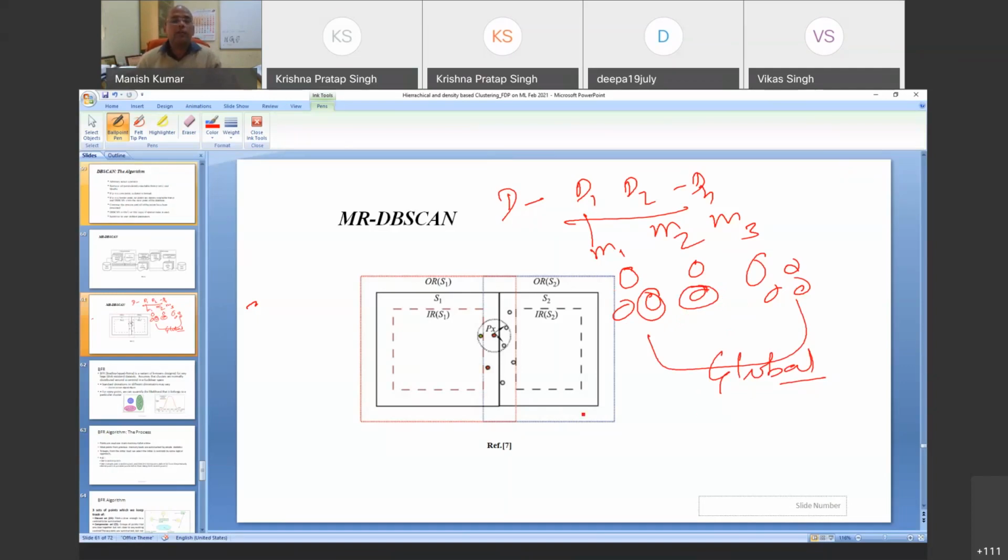So the merging criteria can be seen in this way. I take one cluster of mapper 1, say S1, and one cluster of mapper 2, another cluster S2. So I have taken the 2 clusters. Now I define the inner region and outer region of these with the epsilon distance. IR is the inner region and OR is the outer region of S1 and S2. Now I pick a point Px, which is actually my,